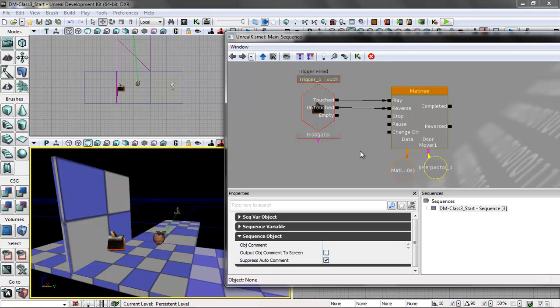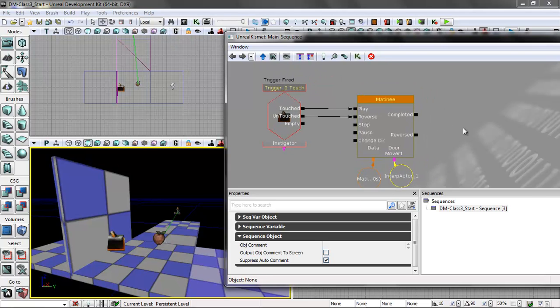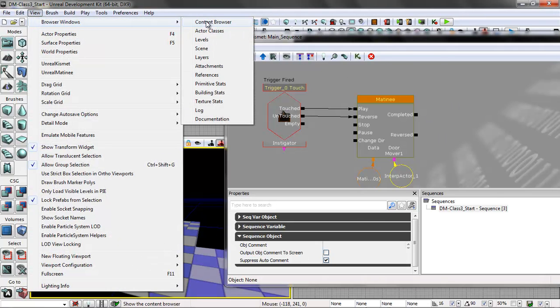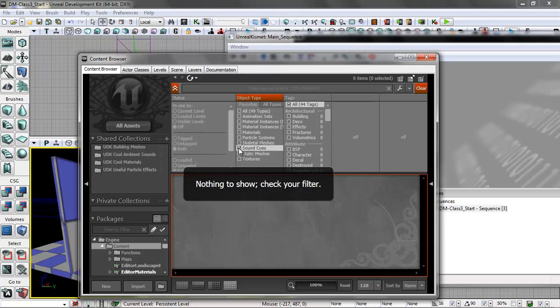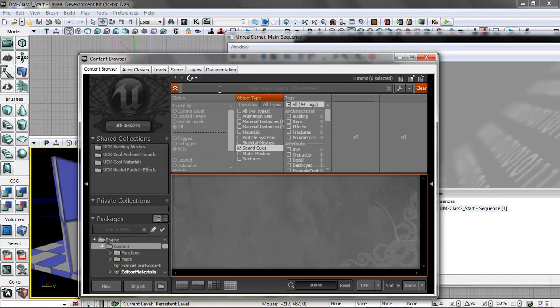Okay. Anything else to do there? Well, a couple things we can do is if you want, we can add a sound. So let's go back and open the content browser and turn off static mesh and do sound cues, which are particular types of sound. And what we want to